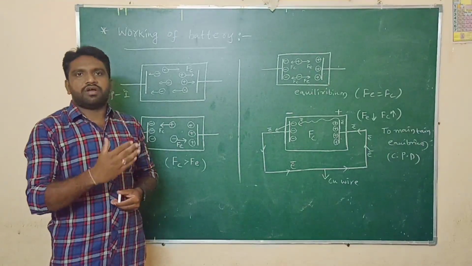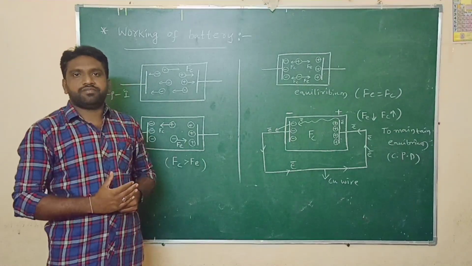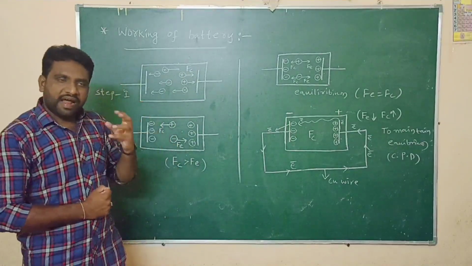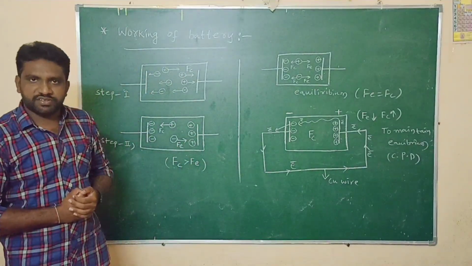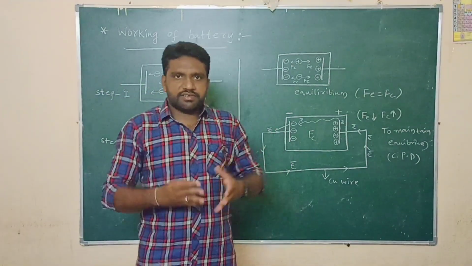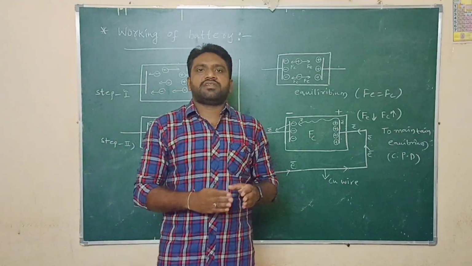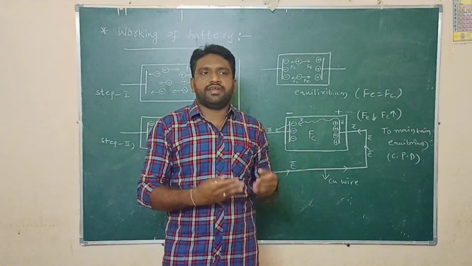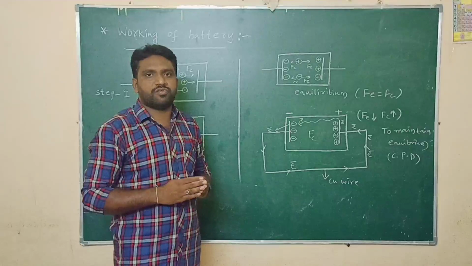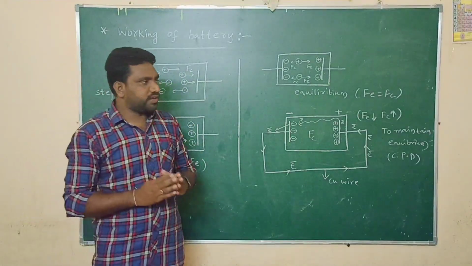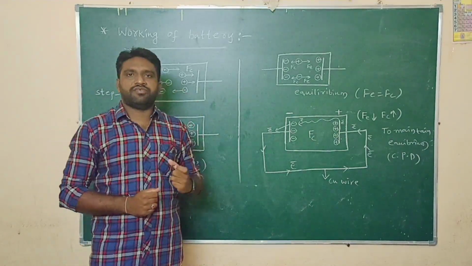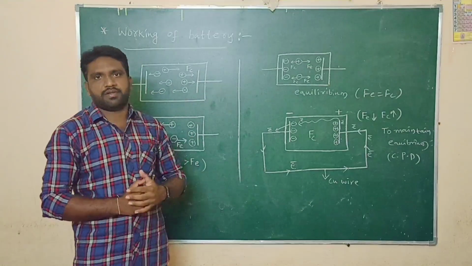So how is it going to convert chemical energy into electric energy? We are going to learn that now. At the same time, how can a battery maintain constant potential difference in the circuit? And if we connect the battery to any electric appliance or any copper wire, how is the battery going to be discharged? All these things I am going to explain in this video. Just listen to what I am saying and try to understand. This is the most important topic.